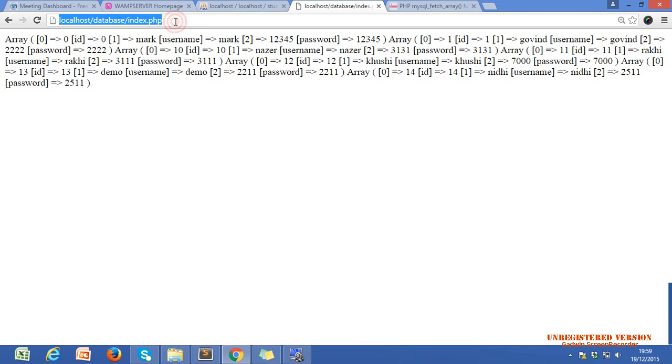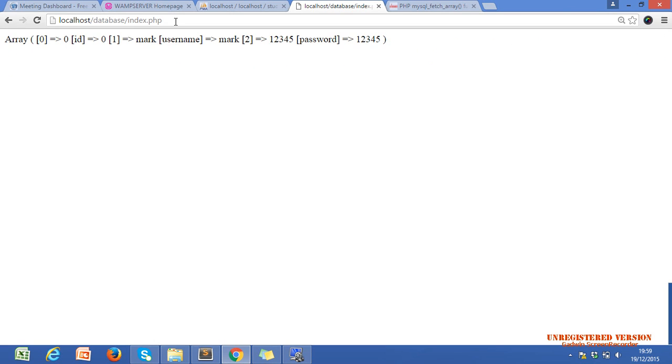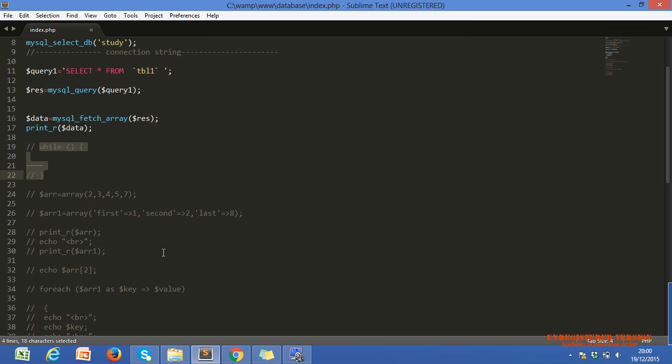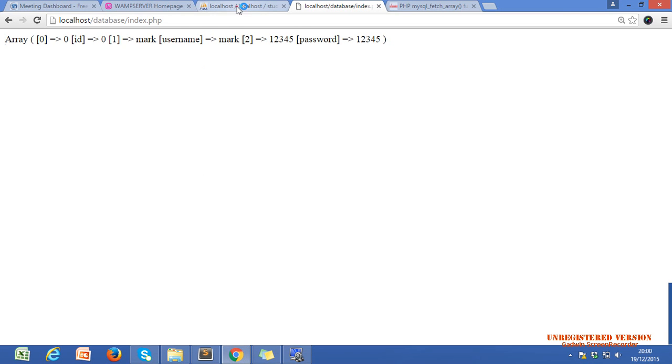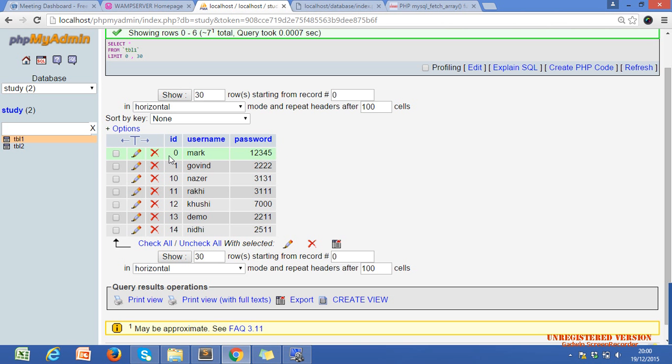Do you notice if I use it outside the while? If I use fetch array outside the while, then it gives us only one data, one row. One data means one row. Let's see, where is our row? This is our row, a particular one data.